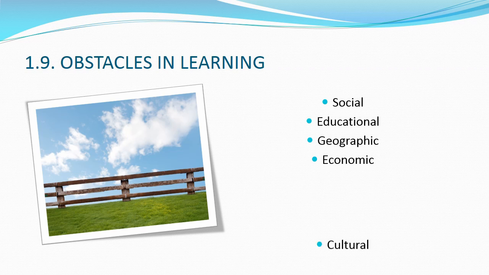Cultural obstacles can be seen as low priority given to learning because of other family priorities. Large Roma families are a good example of these. Health obstacles such as chronic diseases also affect our learning. Disability is another possible obstacle. Lack of accessibility to school environment, lack of proper help due to individual learning.